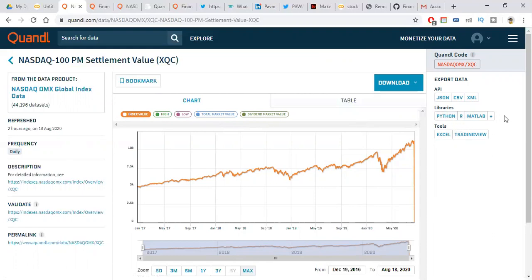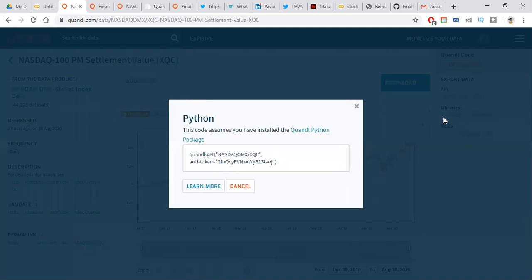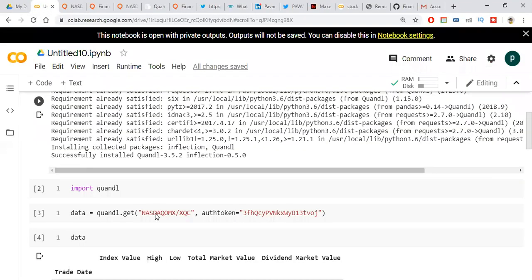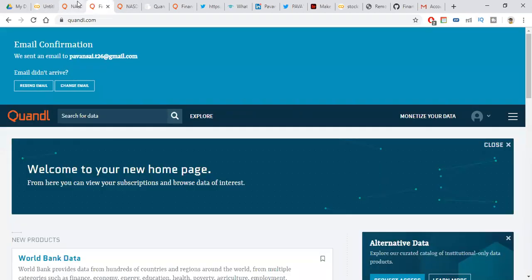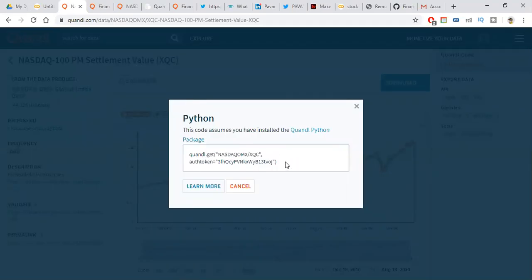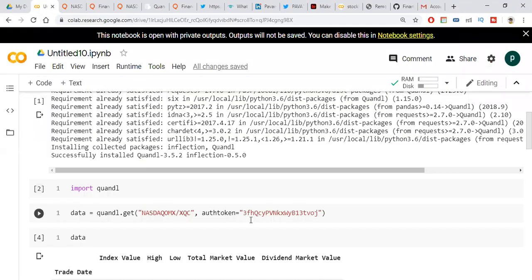I am getting this data using Python. So click on Python, whichever library you want. Before you copy, you should install Quandl and import Quandl. After that, write any variable name, equals, and copy this one and paste it.